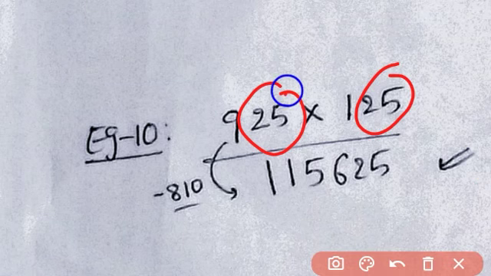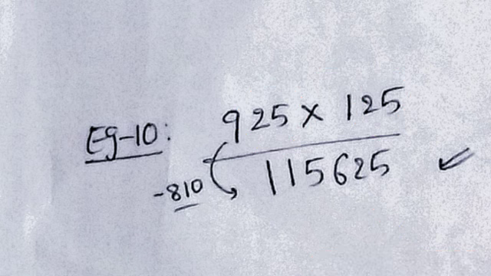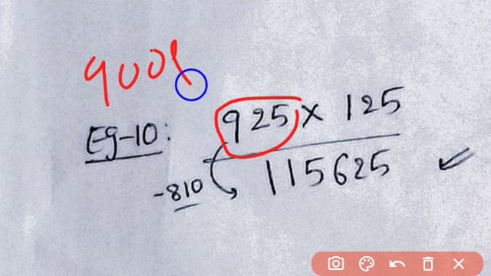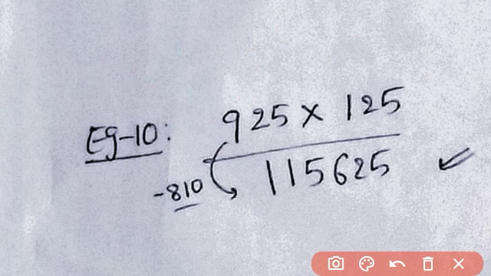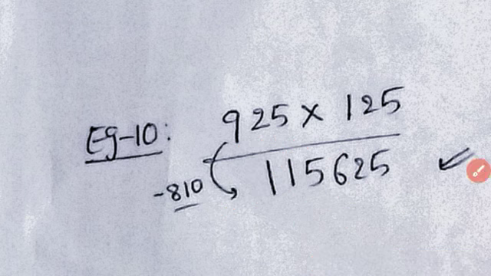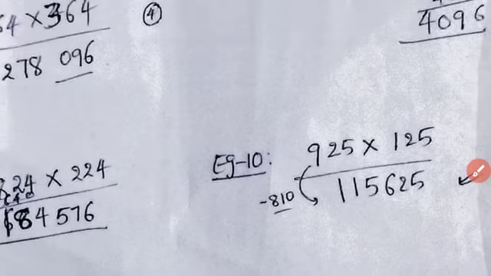25 and 25, you have to multiply, 625 you will get, and we have 925, means 900s, multiply with the same number 9 divided by 10, you will get how much? 810, right? Subtract 925 with the 810, you get the answer 5, 1 and 1, 115. So here is 115. So this is a very advanced trick.